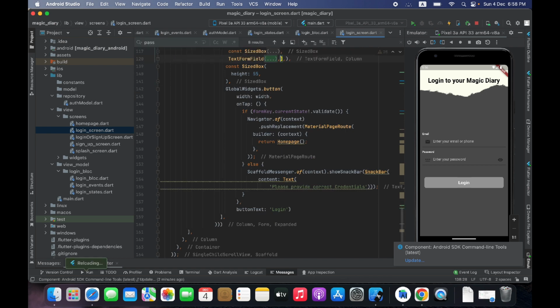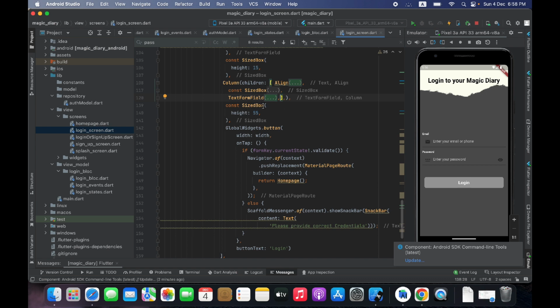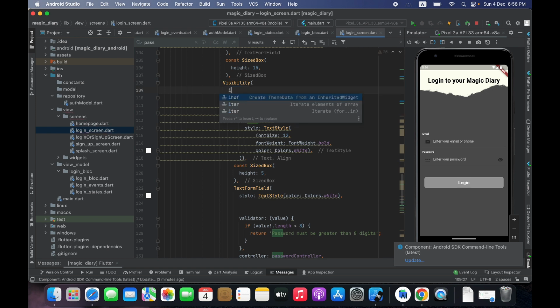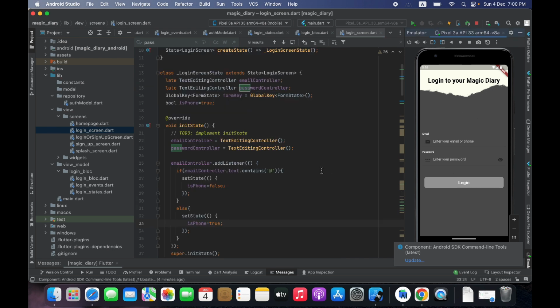And now let's see. Yeah, it's perfect. And now we have a single column on here, so I can wrap this whole column inside visibility. And in the visible property I will call that variable that we just created, is phone. And now I want to do one correction on here. I will just change this variable name to is email instead of phone number, is phone. So initially it will be false,